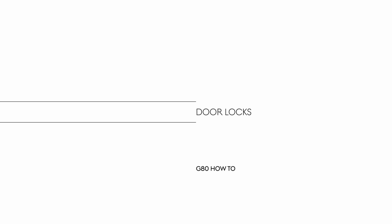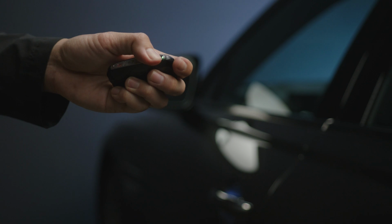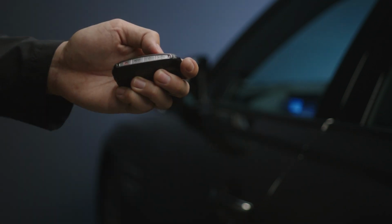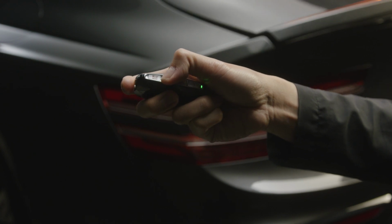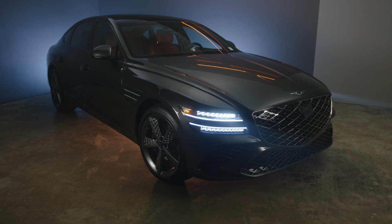This is the Genesis G80. Comprehensively equipped, the G80 comes with a convenient and accessible door lock system. By using your smart key fob, you can remotely lock and unlock all 4 doors, as well as open the smart trunk. For convenience, the doors can also be unlocked without having to take the smart key fob out from